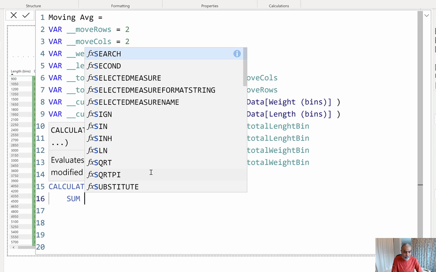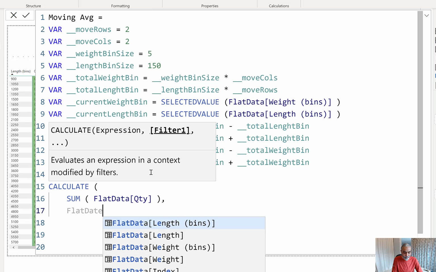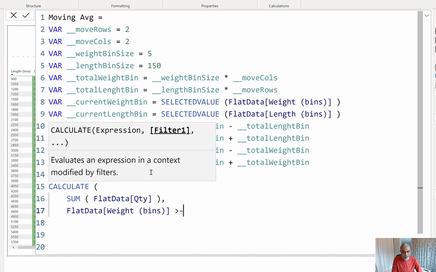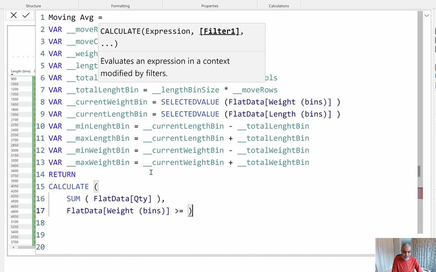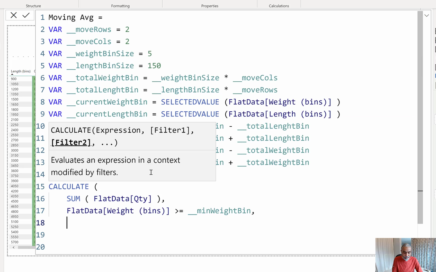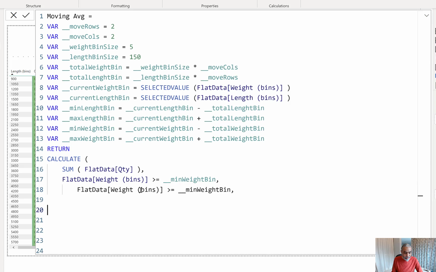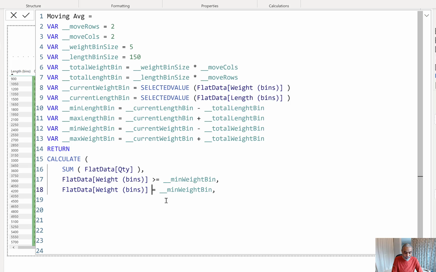What we want is the sum of our quantity column, and then we are going to use the flat data. So what we want is weight bins greater than, because now we have the range minimum weight bin. Let me make it smaller and copy this. This will give me the range, so I want to filter my flat data table where my weight bin is within the minimum weight bin and the maximum weight bin,